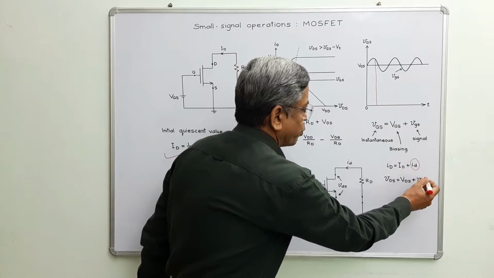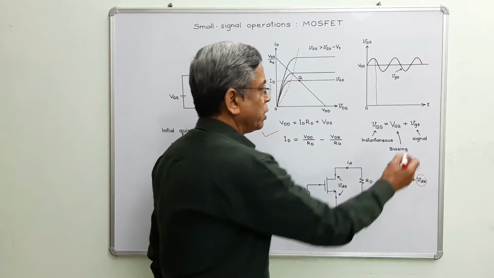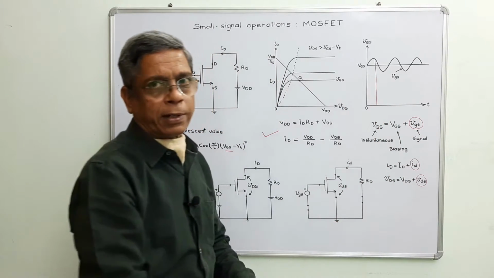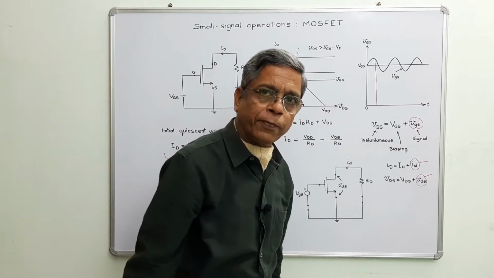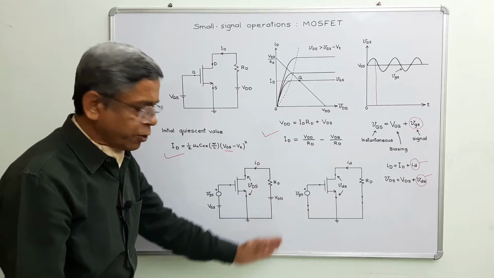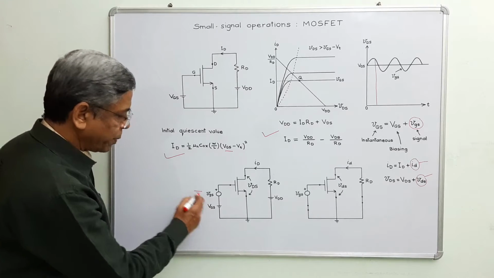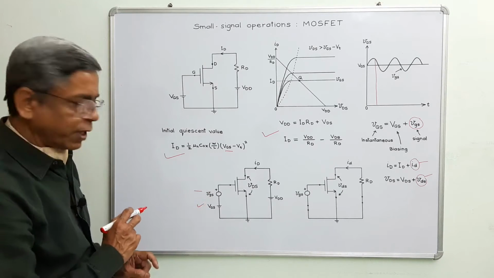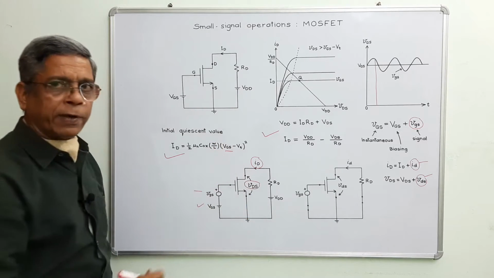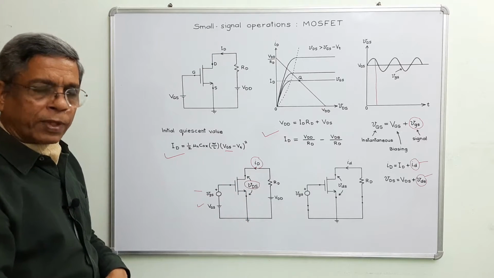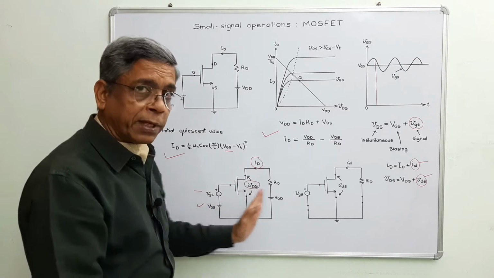These components of drain current and potential difference are in response to the signal part. If the signal is 0, that means this part and this part would be 0. And this is the circuit showing where the AC part is superimposed on the DC part. They are connected in series, and this is the resulting instantaneous value of drain current and the resulting potential difference across drain to source. For a small signal operation, we have to separate the DC part from the AC part.